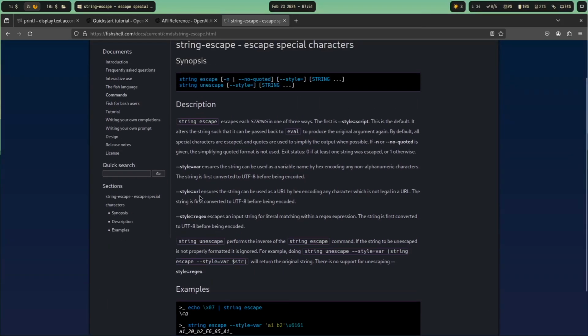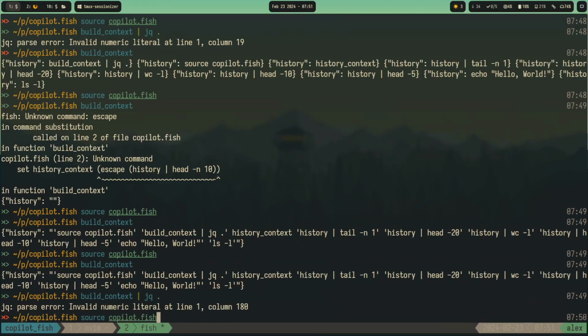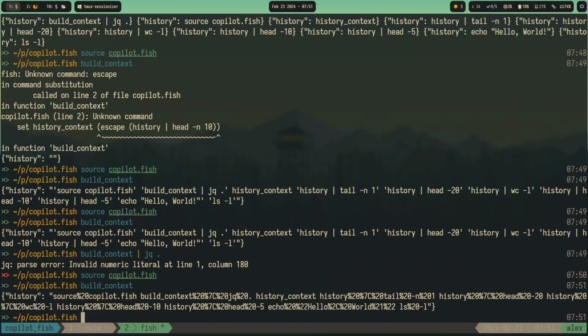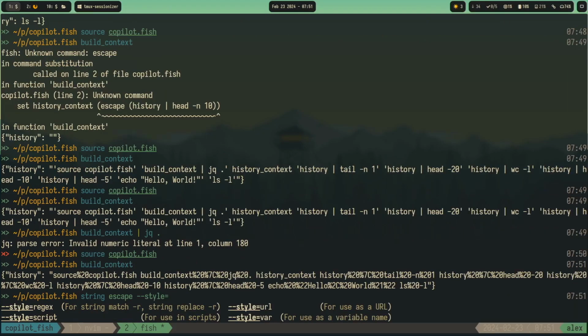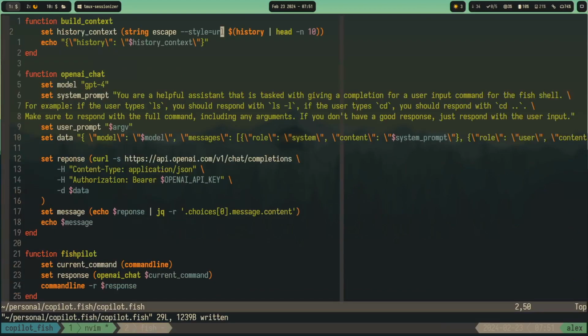So we can style it. Let's try to style URL. Well, let's string escape style. And maybe let's have something like